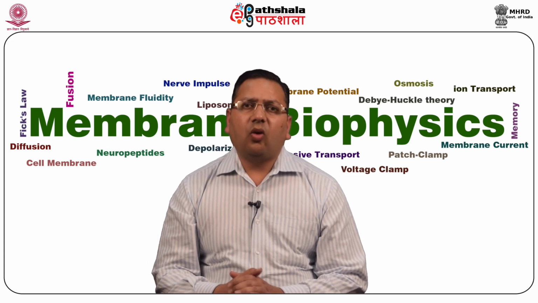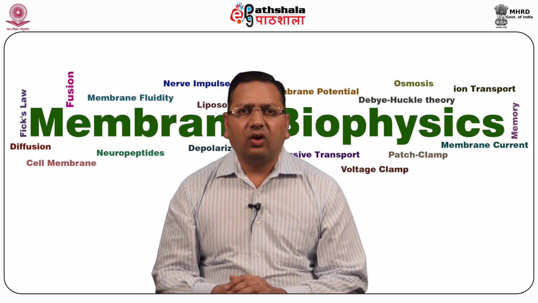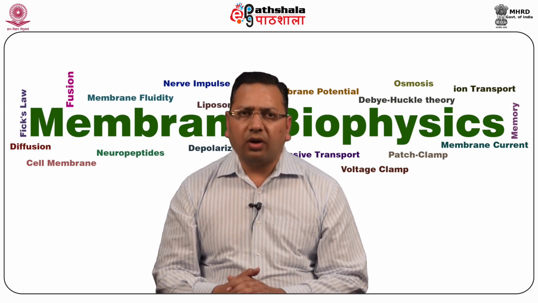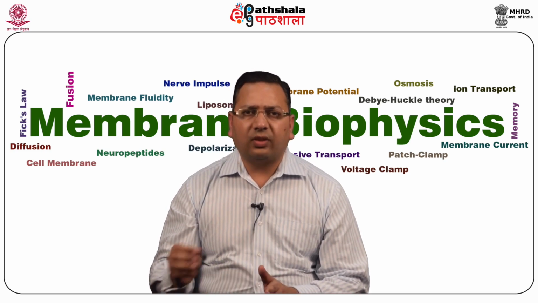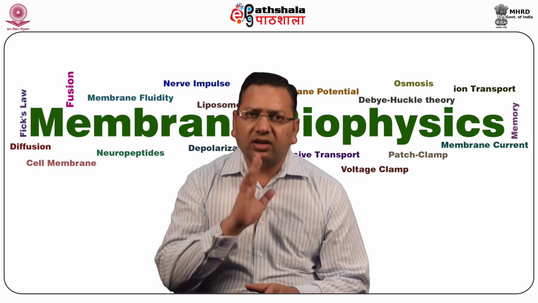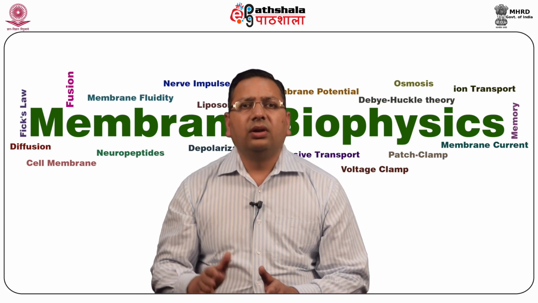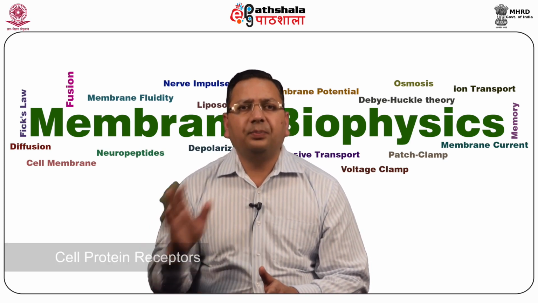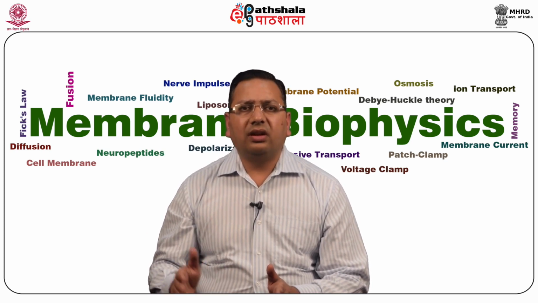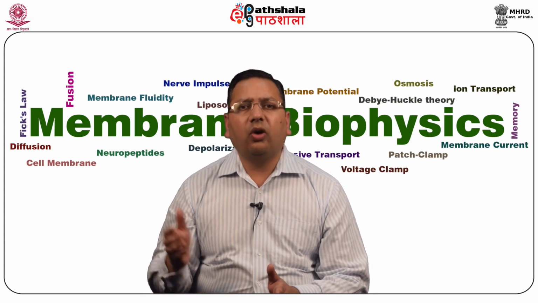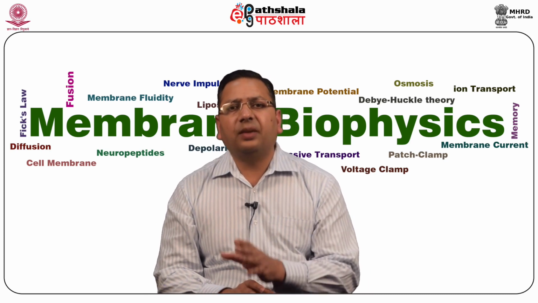The cell membrane also contains some specific proteins which act as sensors or molecular triggers for external signals and allow the cell to produce a response to changes in the external environment of the cell. These protein sensors are also termed cell protein receptors. Their main function is to transform information rather than to transport molecules or ions across the membrane, for example, release of hormones due to the receptor proteins.